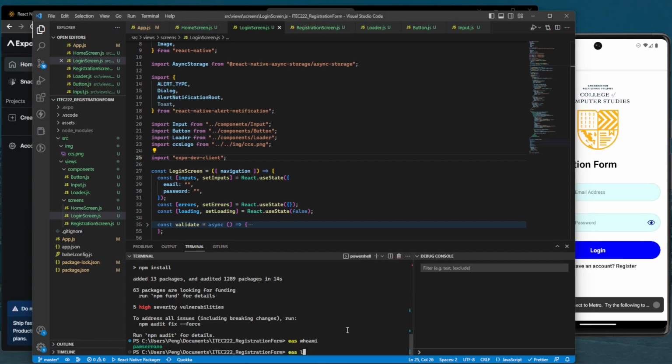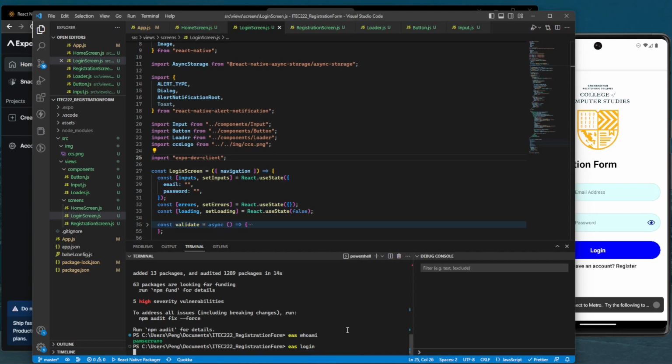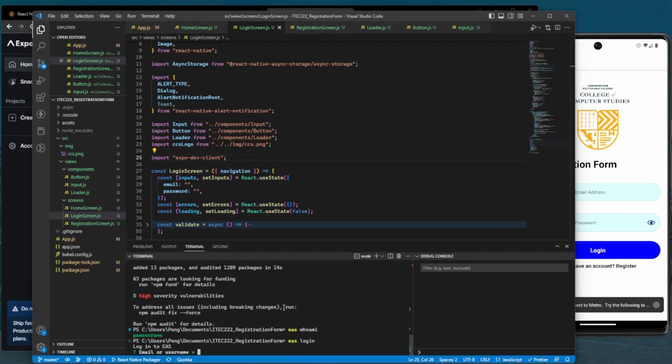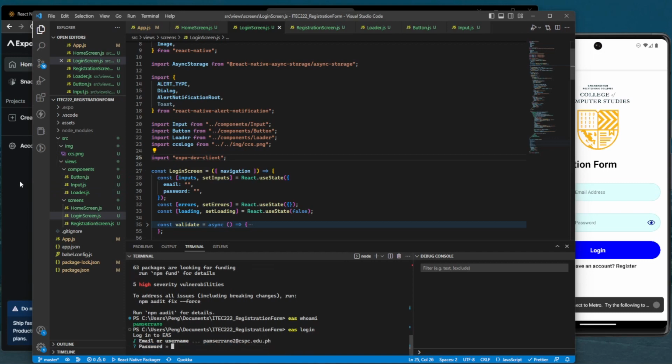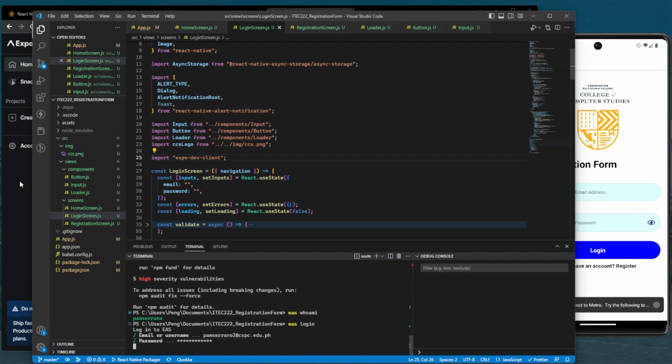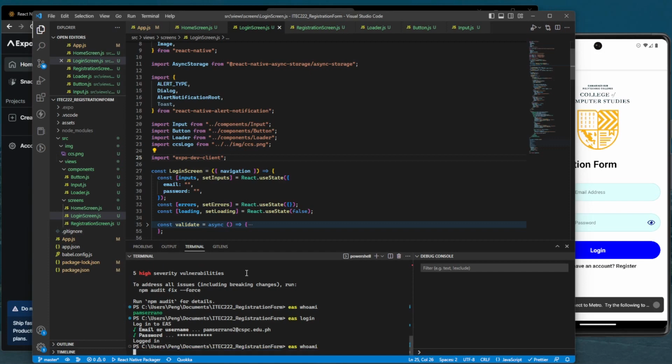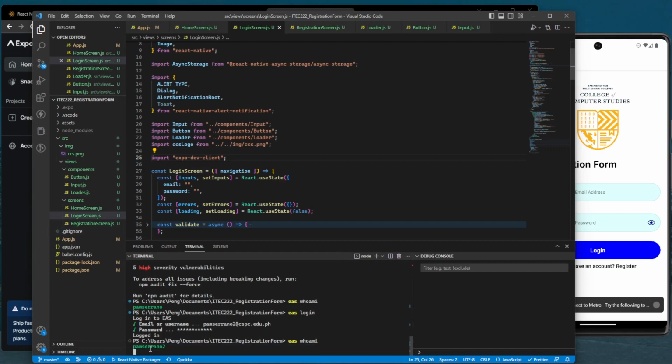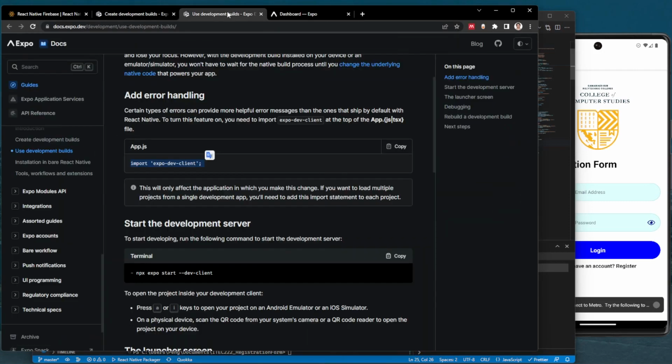Type in eas login, then enter your email or username. Then let's check again, eas whoami. And if the one logged in is your account,